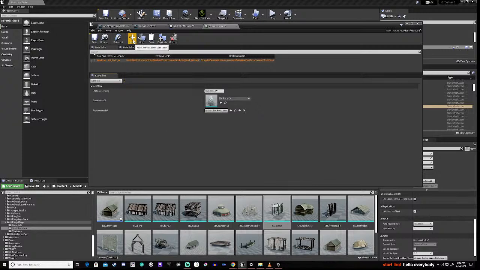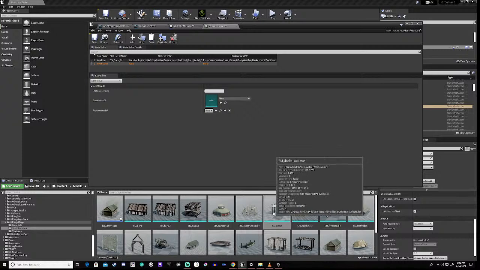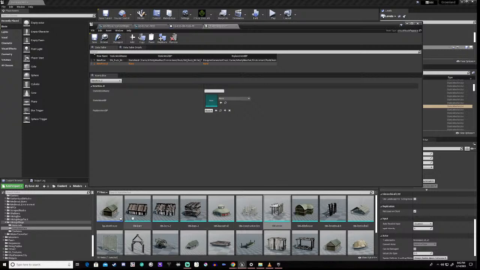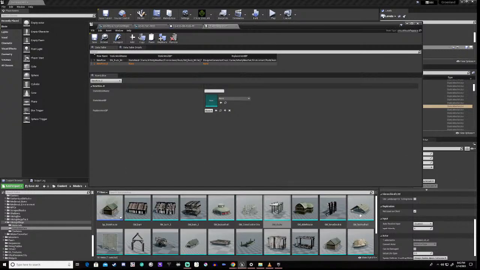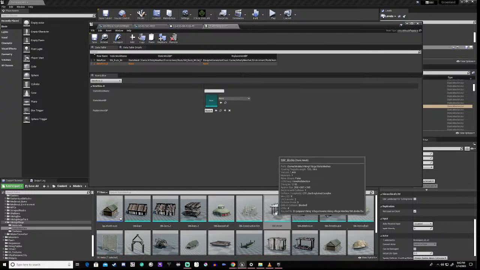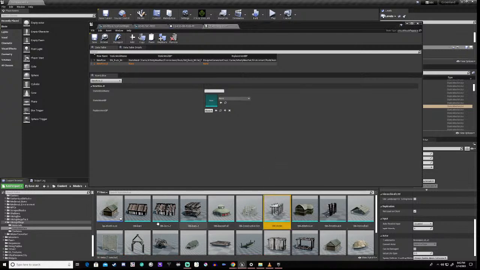But what we're going to do is get our mesh name. There is only one of these, but I'm tempted to call all of these VV to make them unique. But I think we're okay with this one.